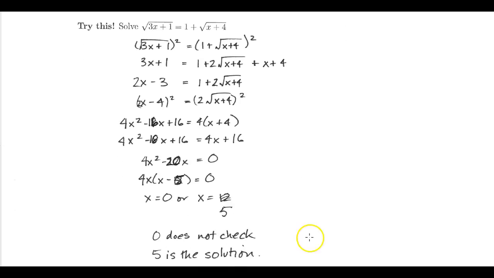And here you can see that I made some mistakes along the way, but I corrected myself. So root 3x plus 1, that was isolated on one side. So we can square both sides. So we have 3x plus 1 on the left equals 1 plus 2 times the square root of x plus 4 plus the square root of x plus 4 squared, which is x plus 4. I subtracted